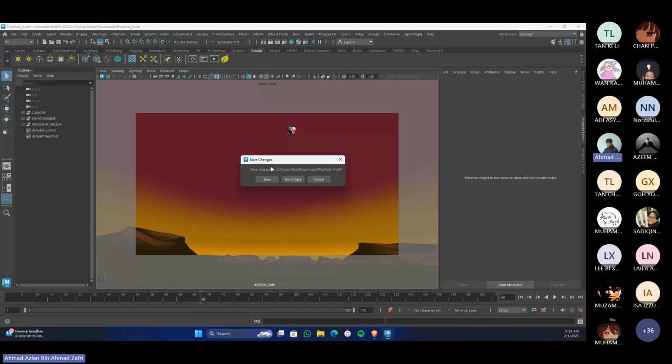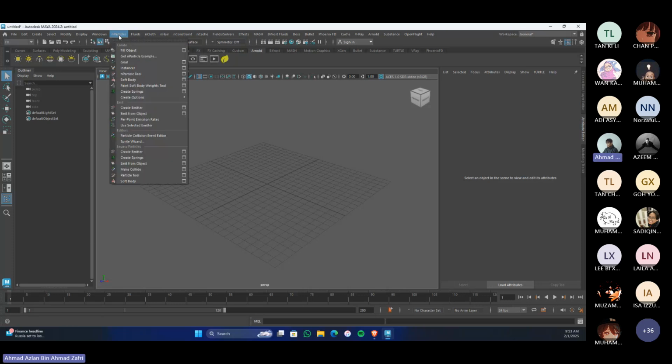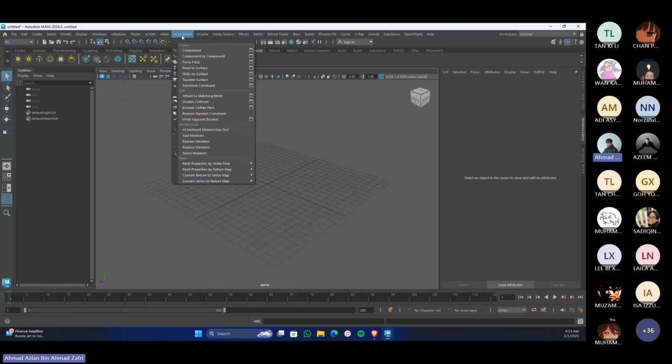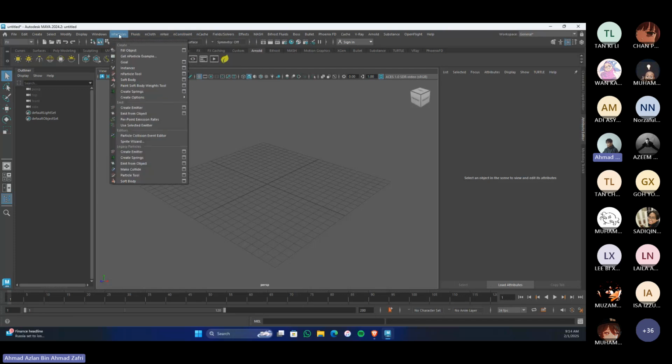I'm just gonna start a new scene here. Okay, so let me introduce you a new simulation solver, which is the nParticle here. Okay, so hopefully you have this. By right, you should have this. If you have the nConstraint, nCloth, nCache, you should have the nParticle as well, because we are still in